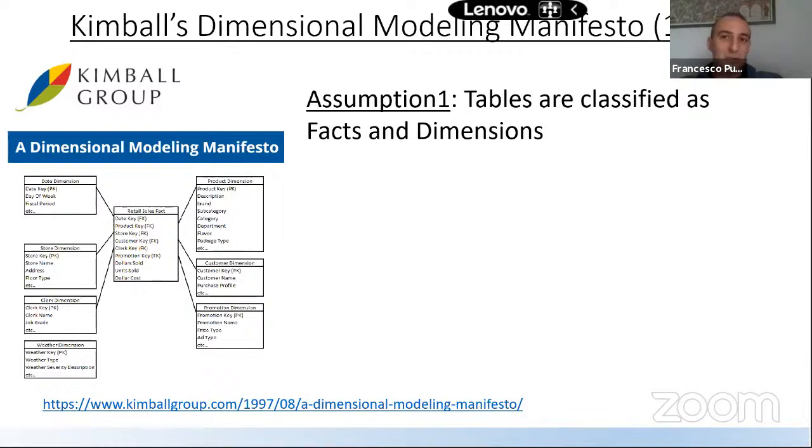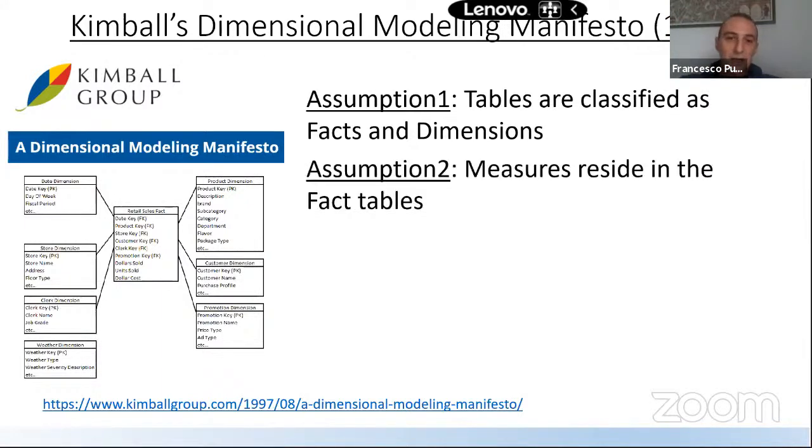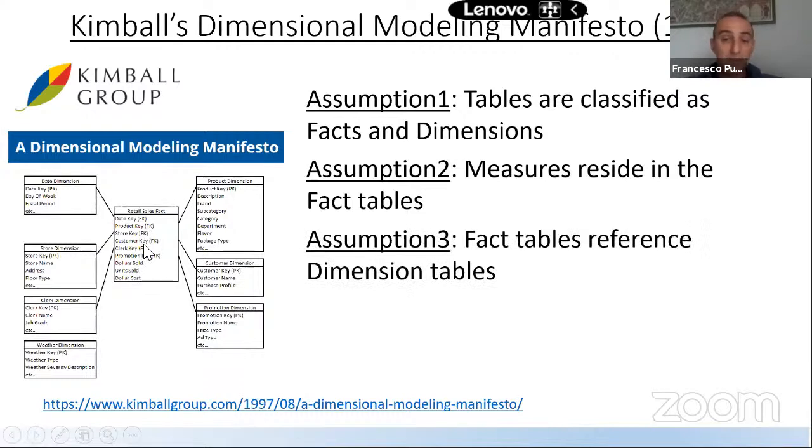First assumption, tables are classified as facts and dimensions. Second, measures reside in the fact tables. This is the retail sales, and the numbers that express a measure of the business are here in the central table. Assumption number 3, fact tables reference dimension tables. So you see all these FK, these foreign keys.